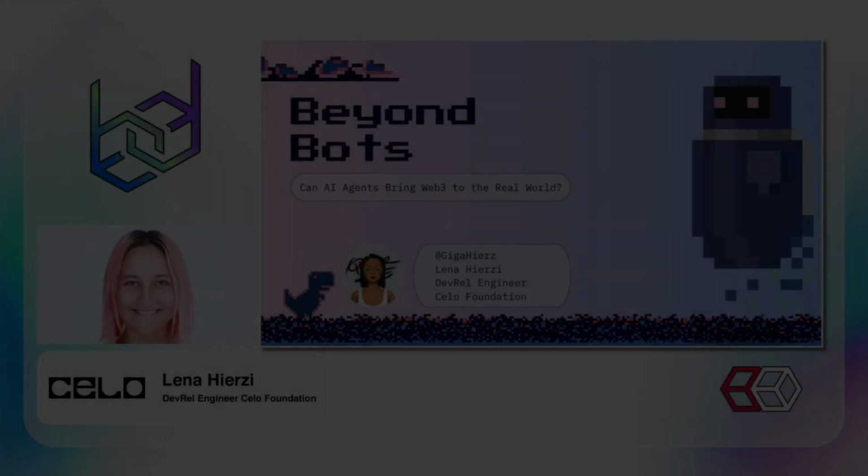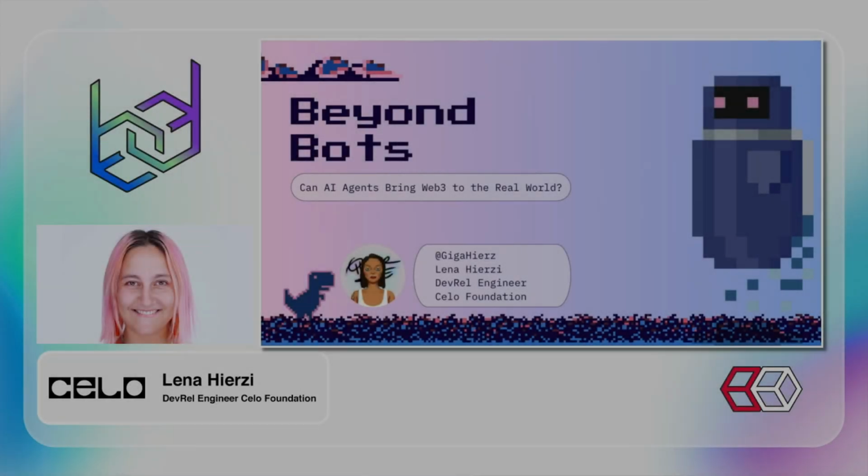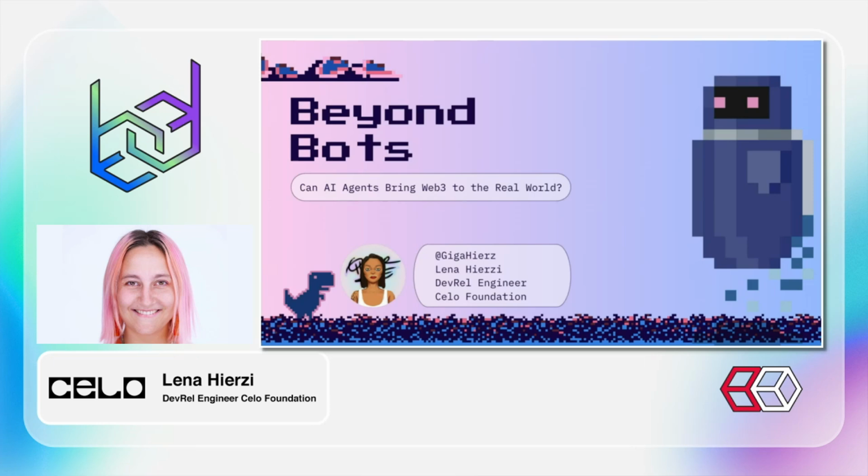Today, I will discuss if AI agents can be the solution to the main issue we have been having in Web3. How do we reach mainstream adoption? Just a very, very quick intro to Celo: Celo is a layer 2 blockchain focused on real world use cases with very, very cheap transactions, very fast, and a lot of amazing infra and tooling to build consumer applications.